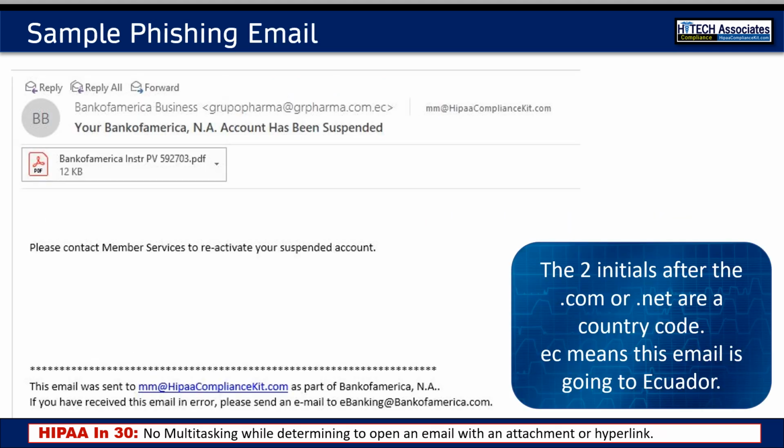So when it comes to phishing emails, the best and easiest way to determine should I spend any more time with this email is by looking at that return email address. So this email is coming to me from Bank of America. It's telling me my account has been suspended, and I need to go and see what that PDF says so that I know what's going on. Why is my account suspended? But stopping and looking at that return email address,